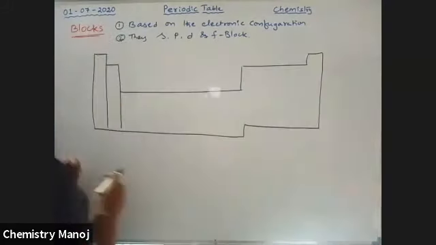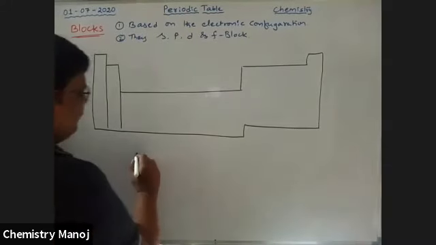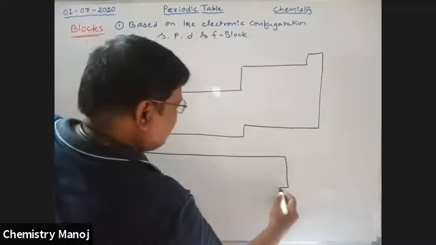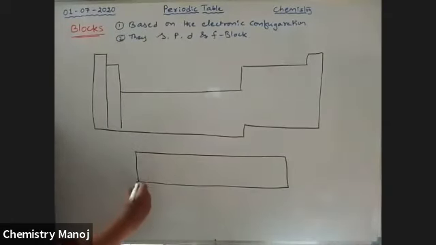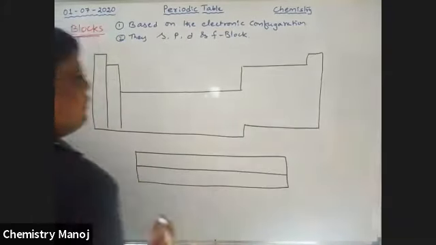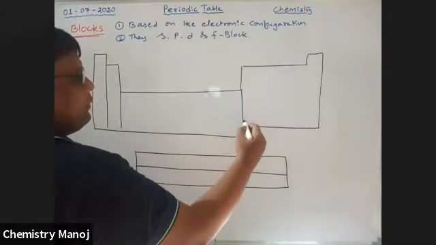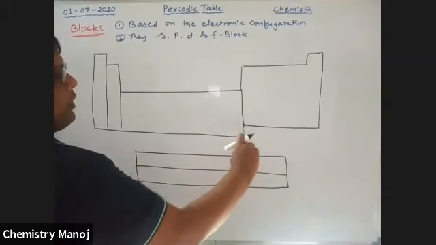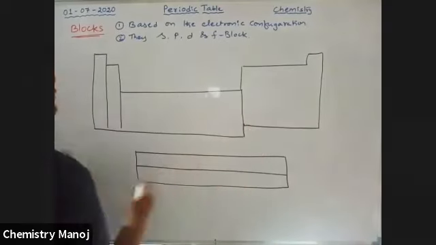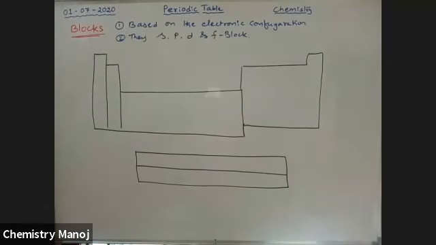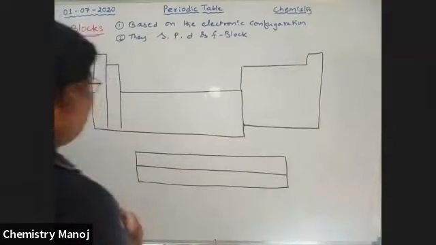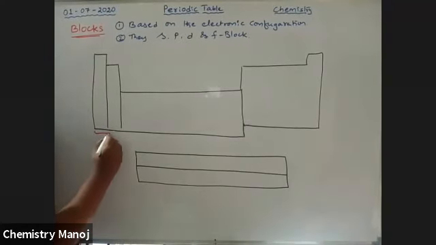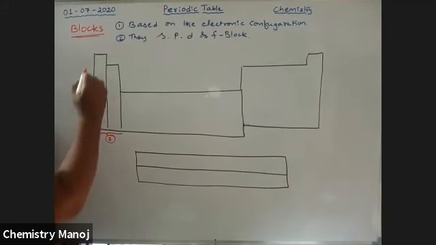of our periodic table. At the bottom, 2 series of elements are available, not groups, not periods. These are 2 series. Here the splitting is there. This is all about the block diagram of our periodic table. Here, 2 groups are available. These 2 group elements are called s block elements.